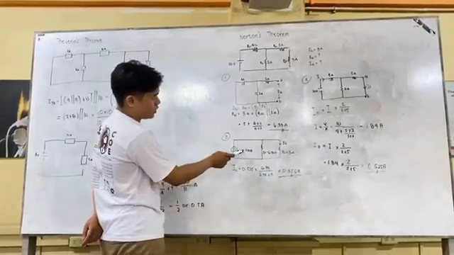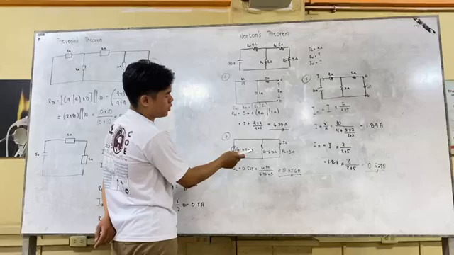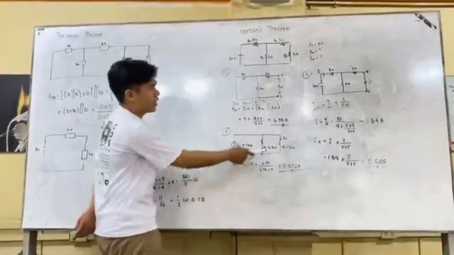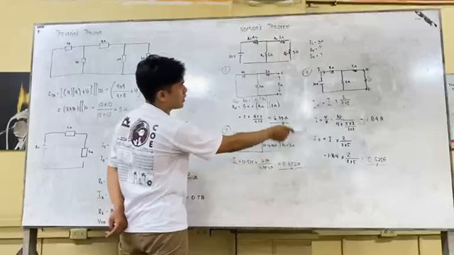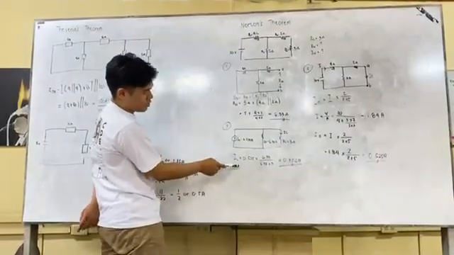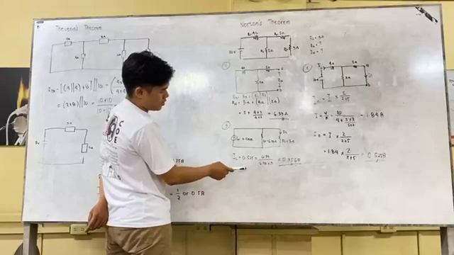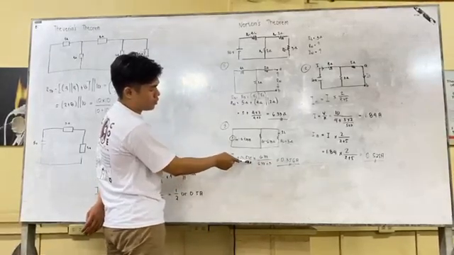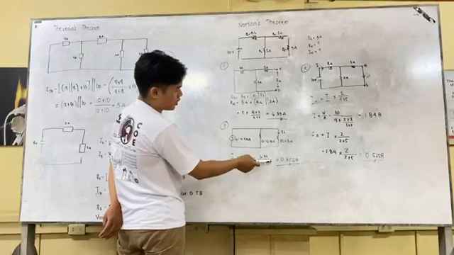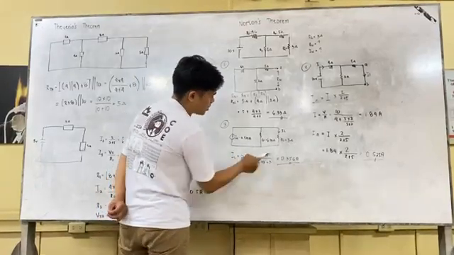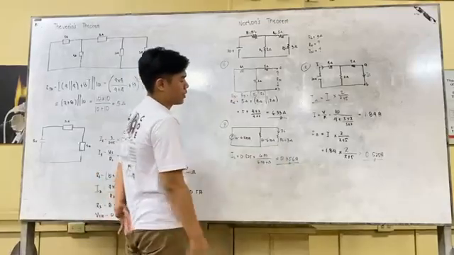Now, for the last part of Norton's theorem, we have the third diagram, which has the IN of 0.525, which we have gotten in the second diagram, the RN in the first diagram, and RL also given. So to solve for the IL, since you have everything, just put it in the calculator: 0.525 times 6.33 over 6.33 plus 3, and we have the answer of 0.356 amps.